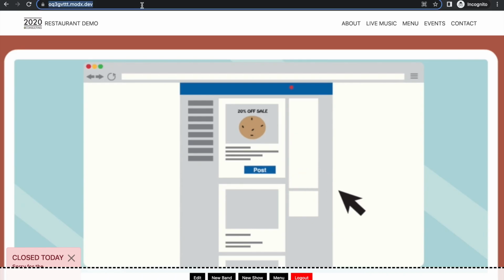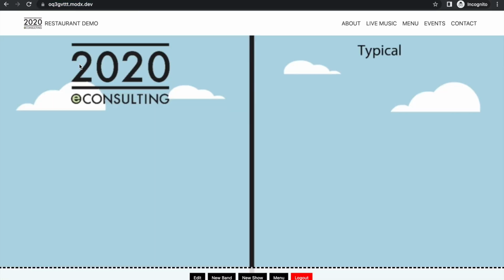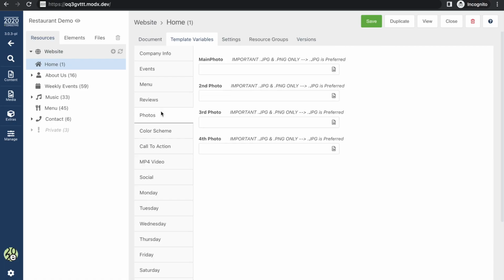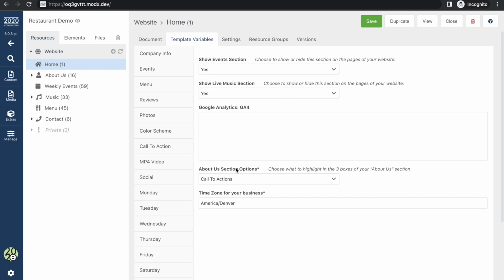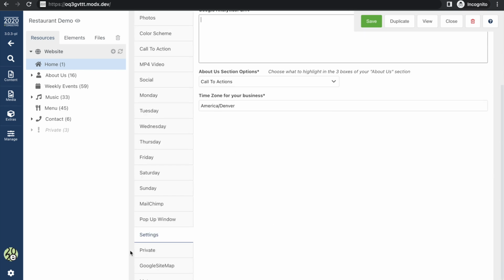And once we refresh, 20 seconds, that window will pop up. All right, so let's see, pop-up window settings. We've kind of gone through this before. It is important to have some kind of website tracking. Google Analytics is the one we prefer using. We can help you with that setup, or you can figure it out on your own. Either way, just let us know.